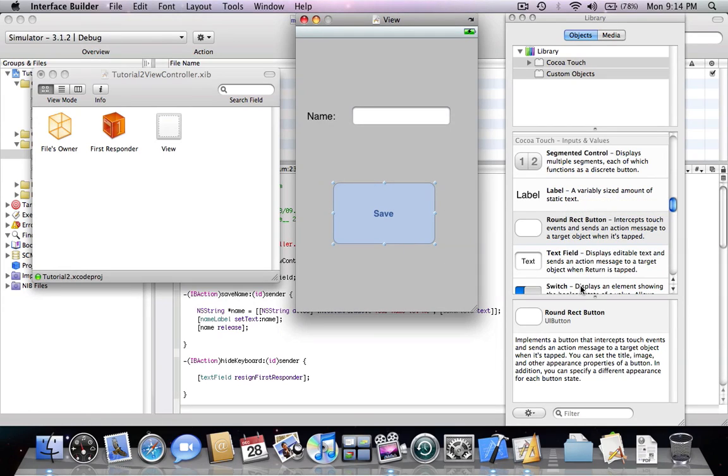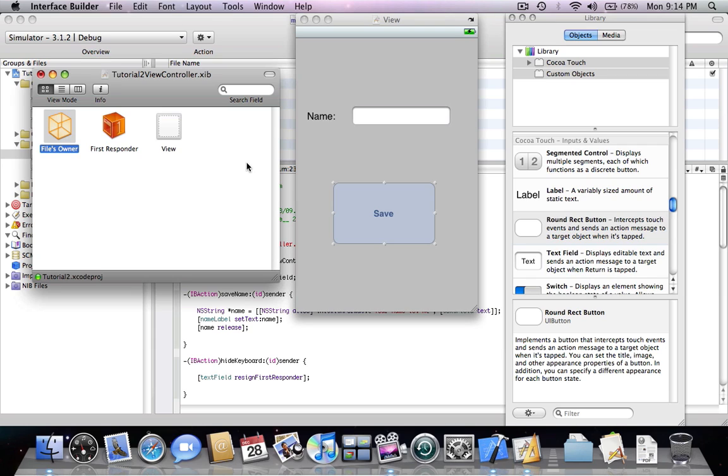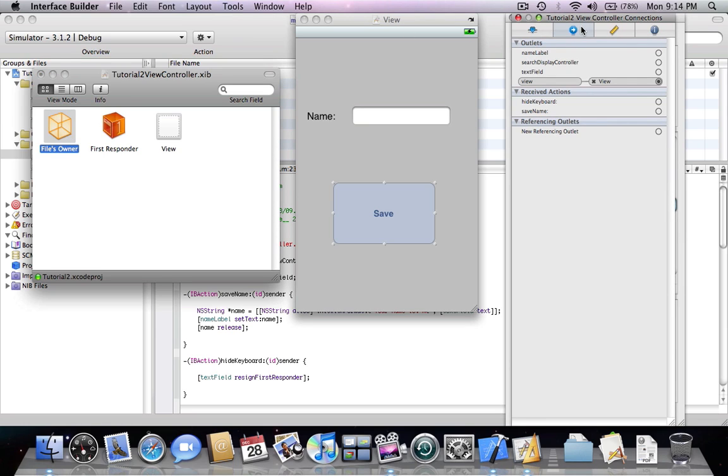We added the text by double clicking on the object. Now we need to tell xcode which object is which, so we select the files owner icon, we press Command 2, and the connections view is